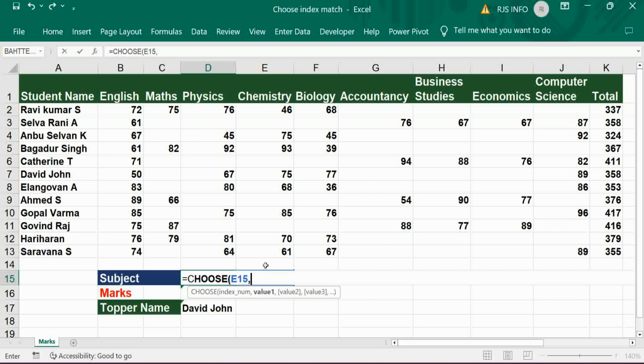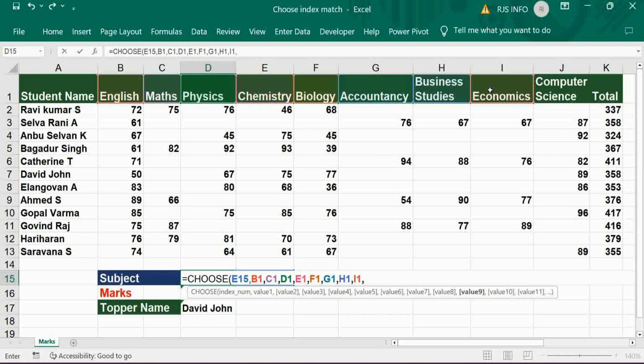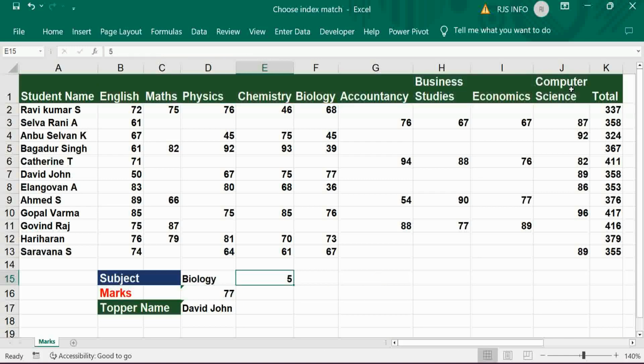Based on choose, first one is English. Okay. Second is maths, third is physics, fourth is chemistry, fifth is biology, sixth is accountancy, seventh is business studies, eighth is economics, 9 is computer science. Just close it. So if I put 6, automatically it will give